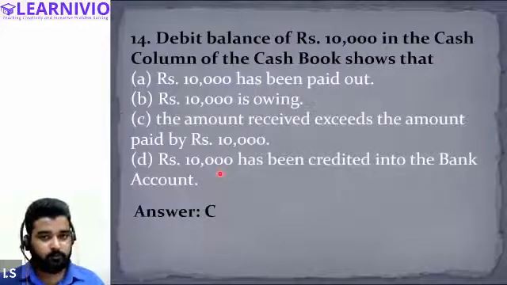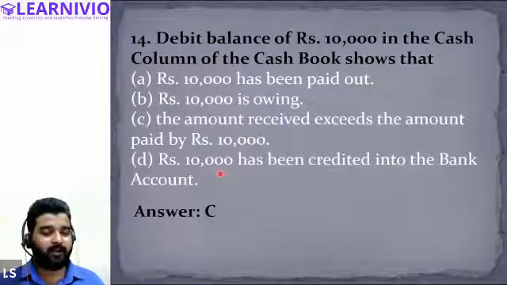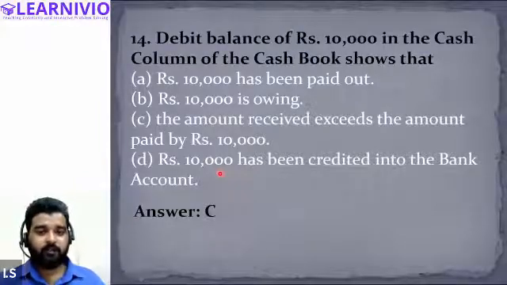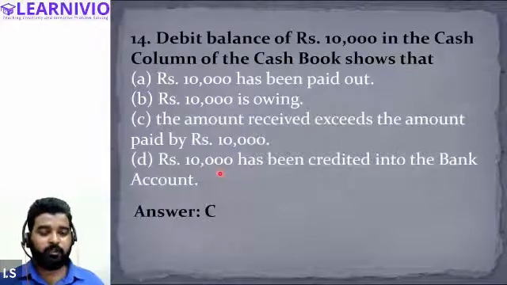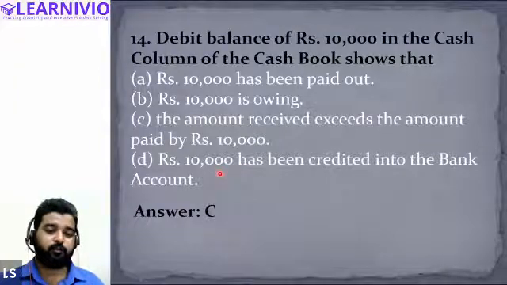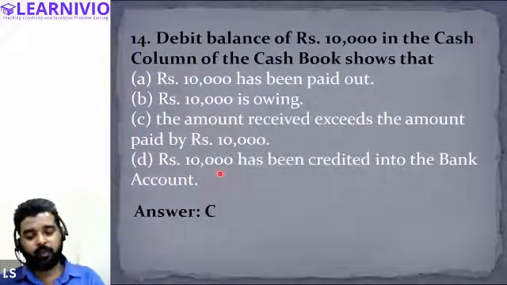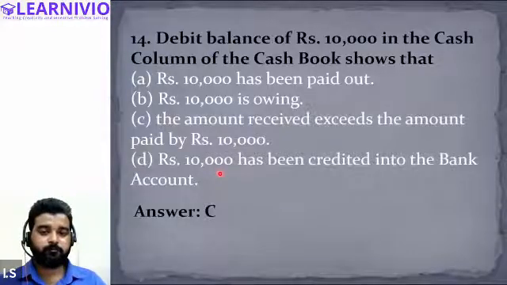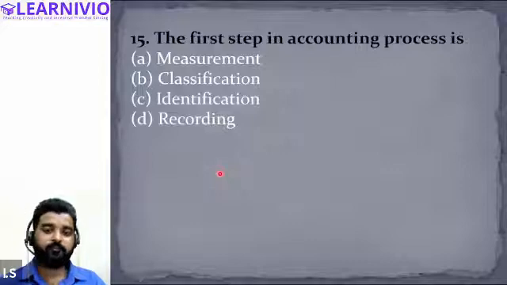So when you find the balancing figure, you will get 10,000. What will this 10,000 indicate? This indicates that the debit side of the cash book is more than the credit side of the cash book by 10,000. We have extra inflows of cash as compared to the outflow. And how much extra cash inflow? 10,000 is the extra amount. Yes. Okay.